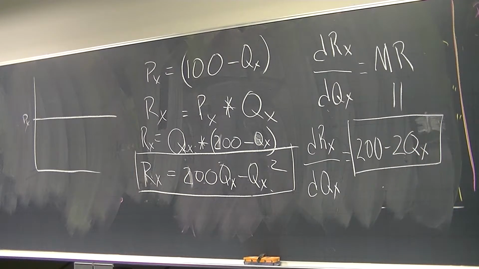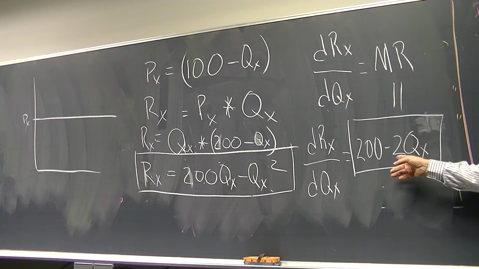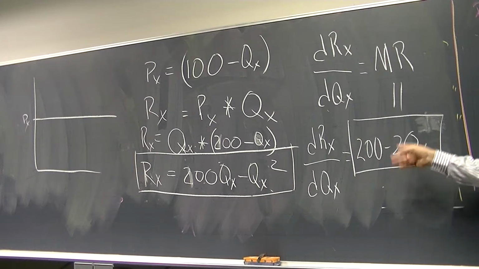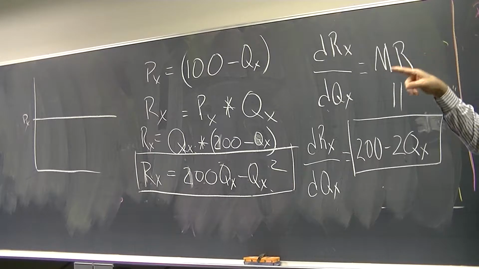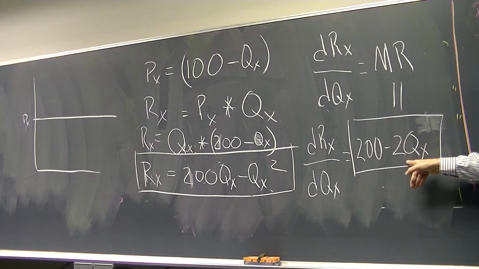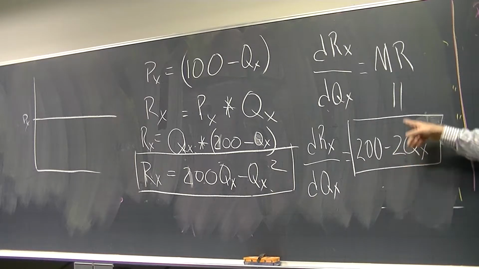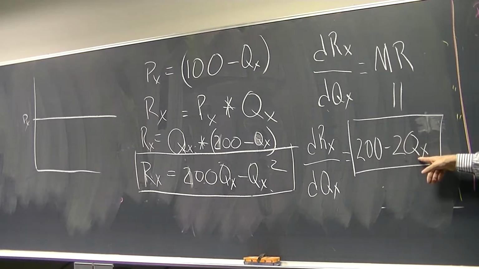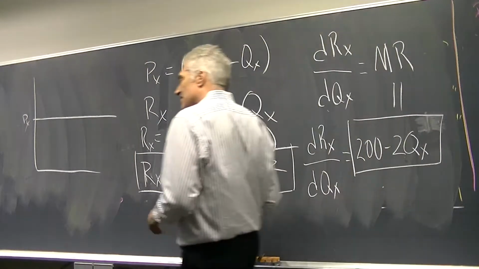And that's what calculus does. It tells us at each point exactly what the change in the revenue is. That's why we use calculus, because it's precise. Whereas if we make tables, that's why it never comes out right, because we need to get the instantaneous change. This tells us the instantaneous change in the revenue with the change in quantity. That's the marginal revenue. Okay, so hopefully that's starting to make some sense. So that's for monopoly.